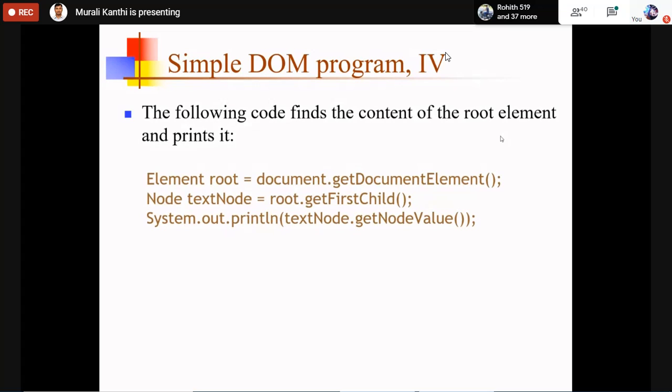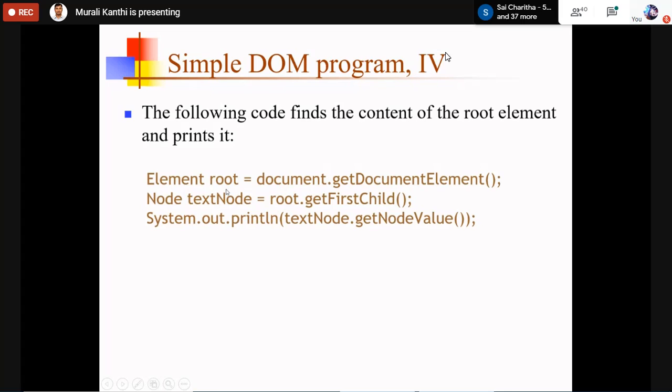Reading the elements, from the root element to the leaf elements, one by one. For that, Element root equal to document.getDocumentElement(). To hold the root element, this root object is required.